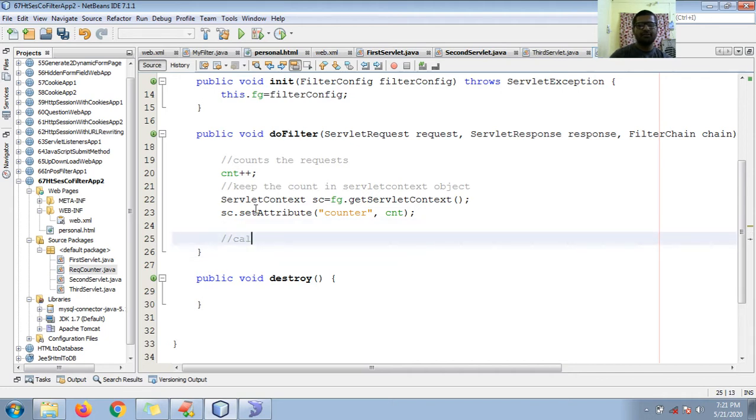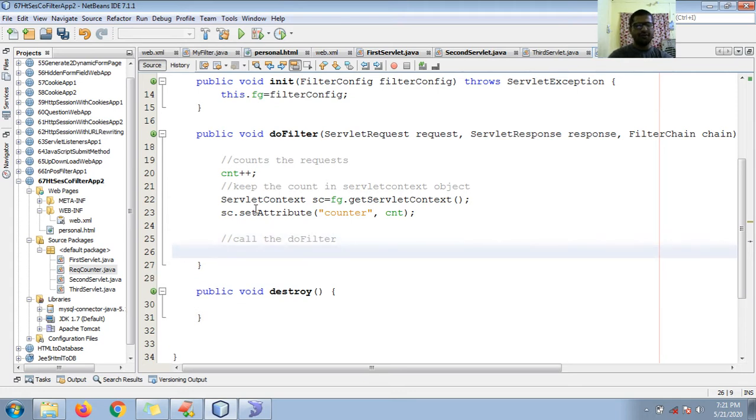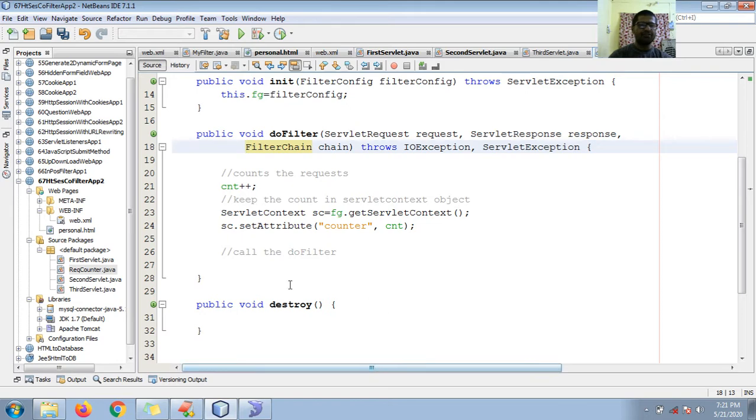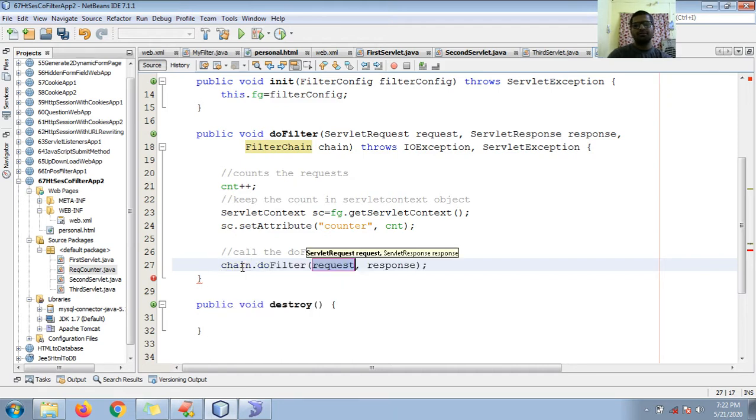The next step is to call do filter. This may not be visible on filter config, so here I can use the filter chain: chain dot do filter request comma response.